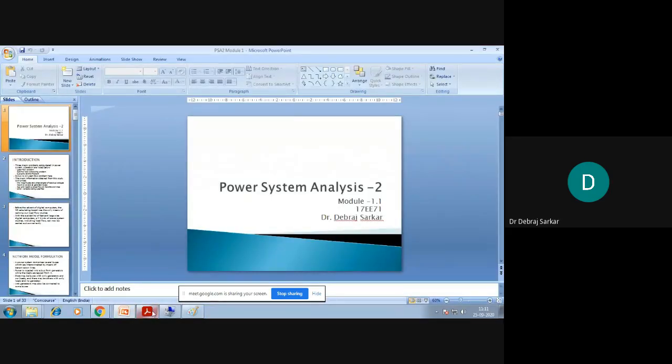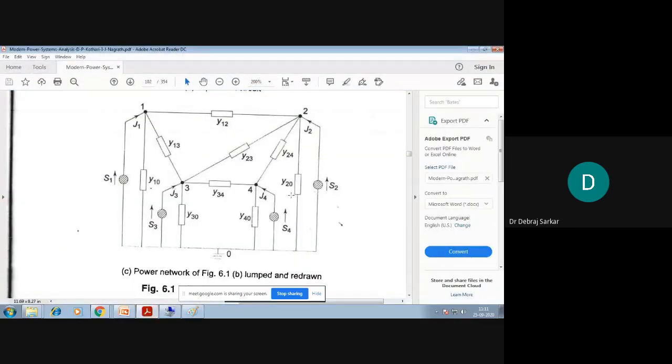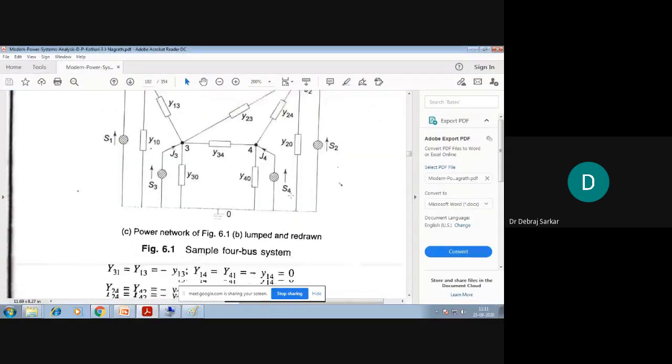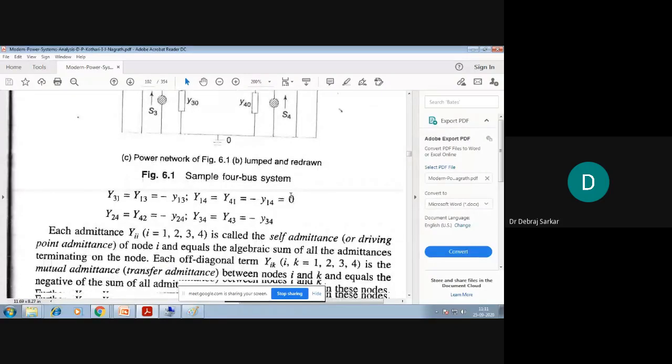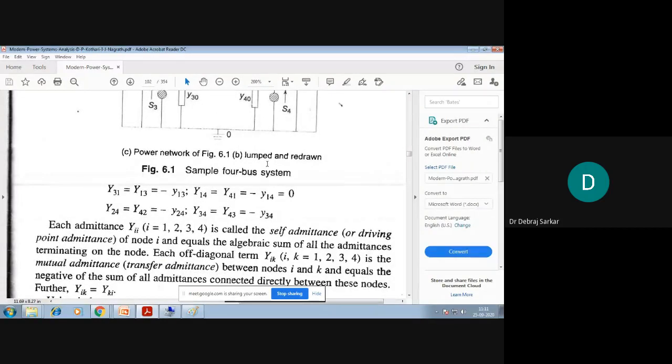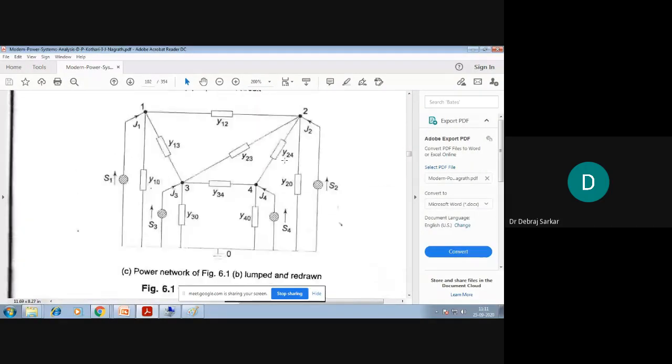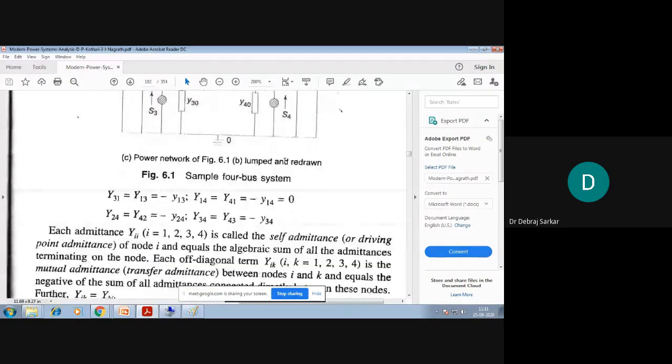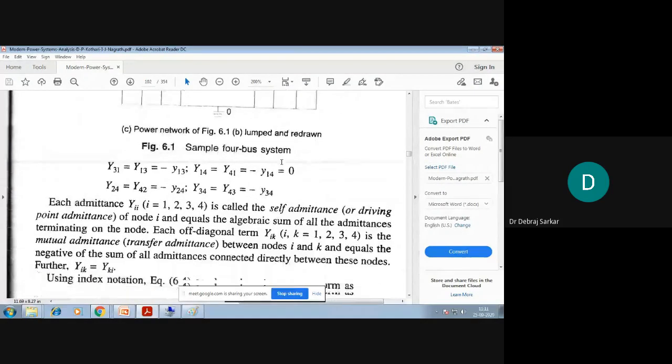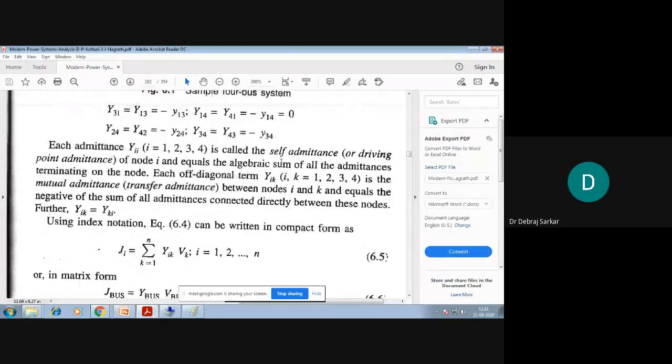I just wanted to say, this is a very good subject and a very important subject. So you need to understand this properly. There are some subjects in electrical engineering that people will ask you about, like power electronics, power systems, machines, and control. These three subjects you should have a good idea of what is going on.